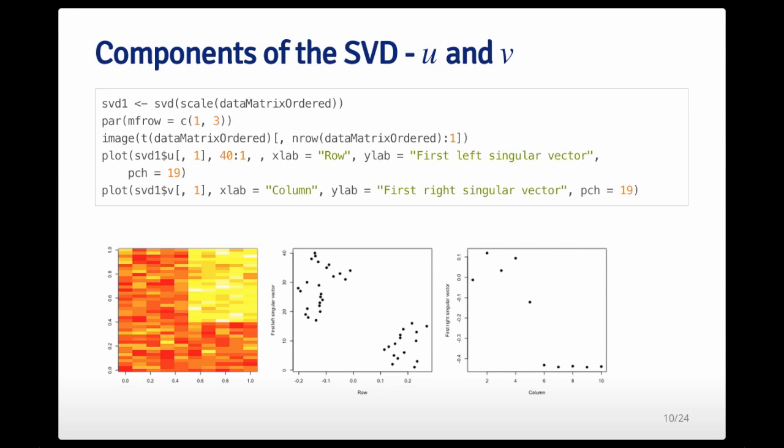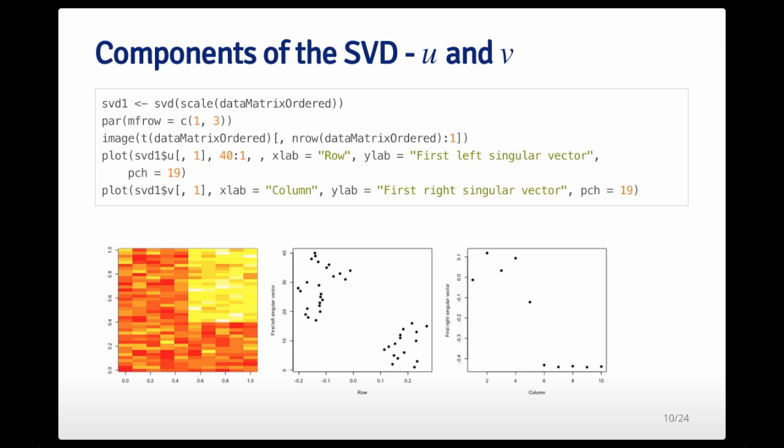So if we break down the components of the singular value decomposition, we can take a look at the U and the V matrix, so the left singular values and the right singular values. If you look at the original data matrix here on the left, that's the image plot that we saw before. And then in the middle plot here, I plot the